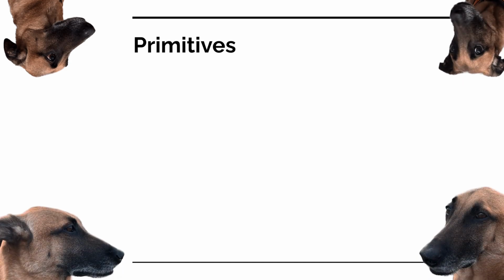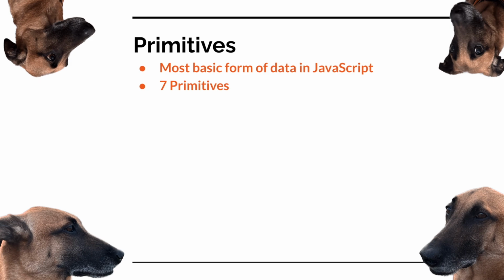So, what are they? Primitives are the most basic form of data within JavaScript. They're also known as built-in data types as they are integrated within the core of the language and do not need to be imported. There are 7 different primitive types, and they are string, number, Boolean, undefined, null, BigInt, and